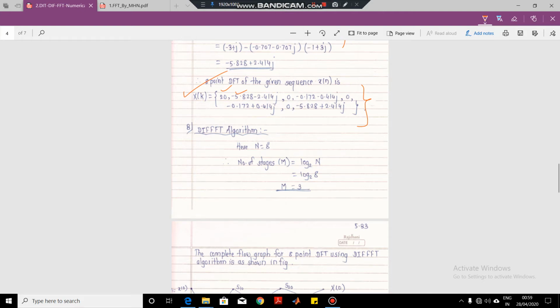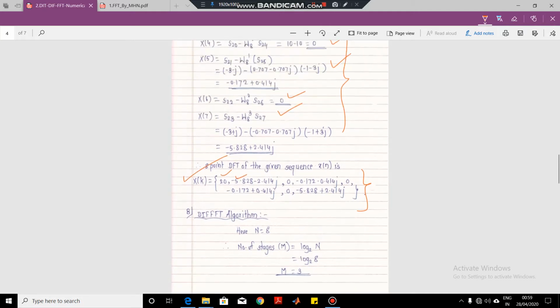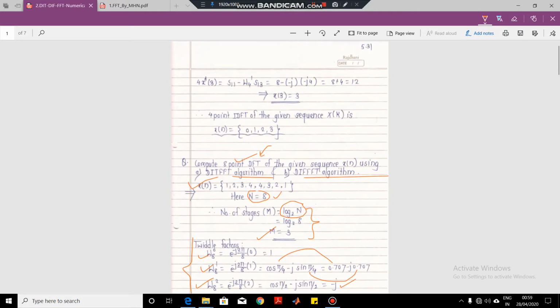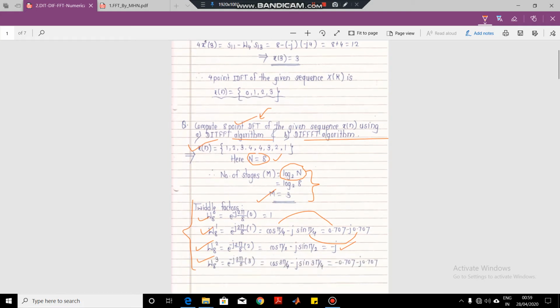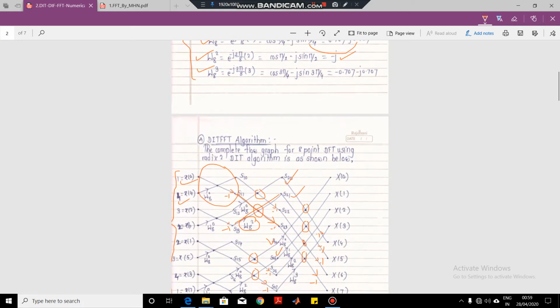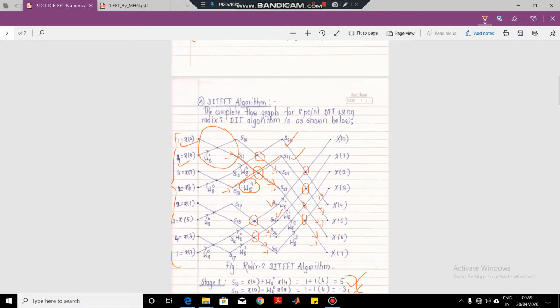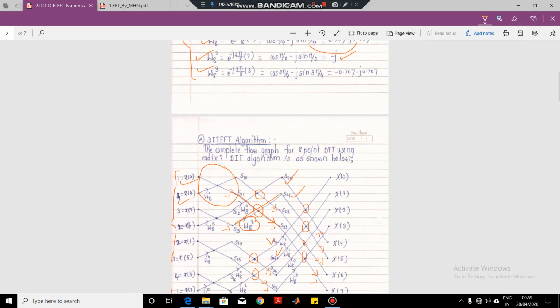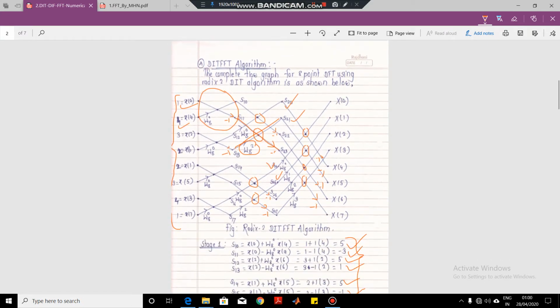In the previous video, we have seen the computation of the DIT-FFT algorithm with the help of a numerical. In this numerical, we had taken the sequence 1, 2, 3, 4, 4, 3, 2, 1. We bit reversed the sequence as 0, 4, 2, 6, 1, 5, 3, 7. We noted down the samples 1, 4, 3, 2, 2, 3, 4, 1 after bit reversal. Now we computed the twiddle factors. We saw that we require 3 stages since we have 8 inputs.